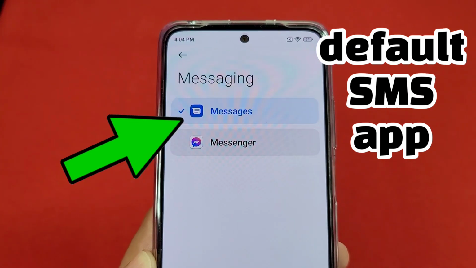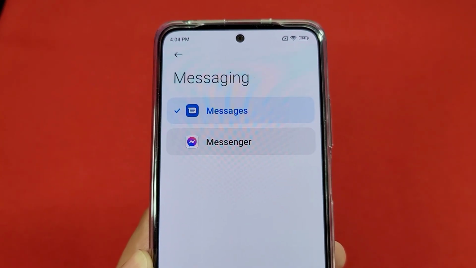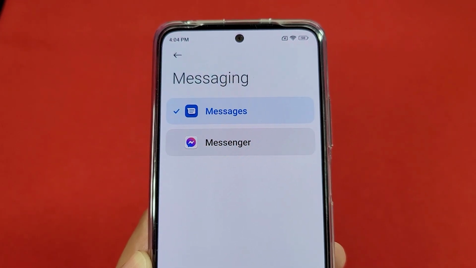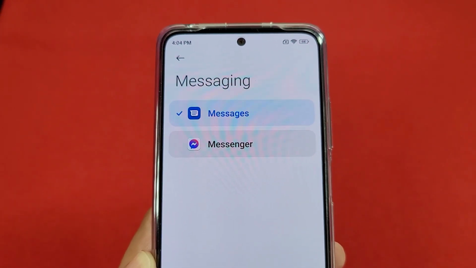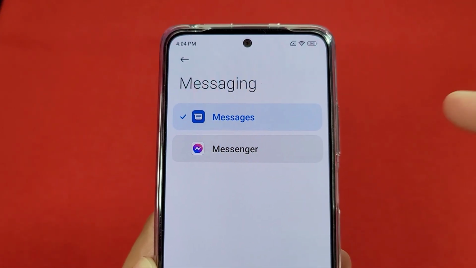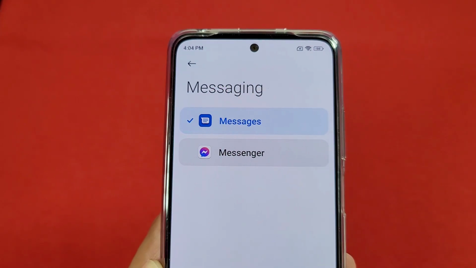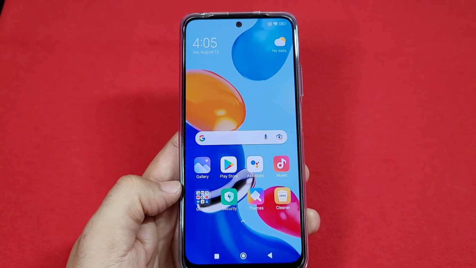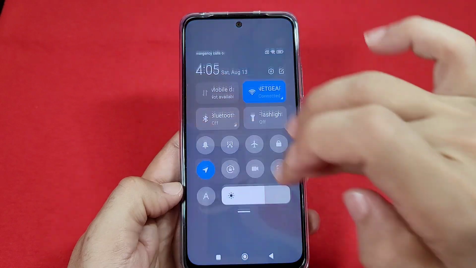How to change your default messaging app on your Xiaomi Redmi Note 11 phone. And basically, choosing between either of these will allow you to receive messages from that set default app. Let's get started. From the home screen of your Redmi Note 11 phone, you can use the quick panel access